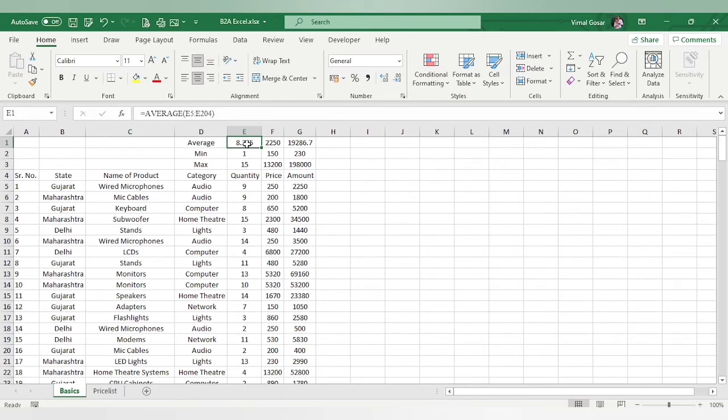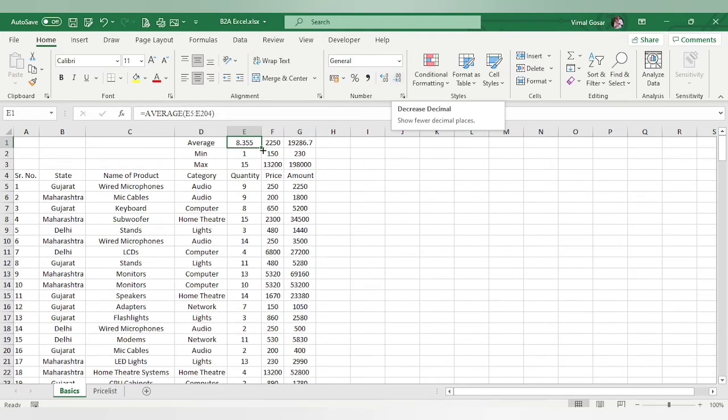Now this function gives you an average value, so definitely it will have values in decimals. Let us say we don't want a decimal, we just want a whole number. In this case there are 2 ways of doing it. You can either decrease the decimal or increase the decimal. There are 2 options available in the number group, but this will not actually round it off. It will just shift the decimal and show you the reading.